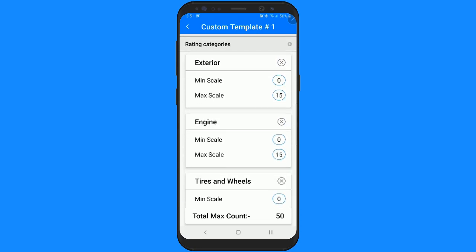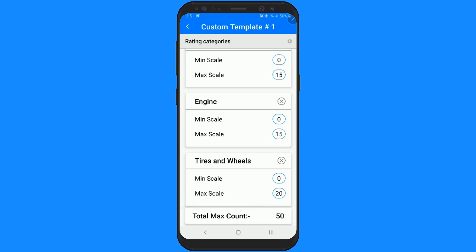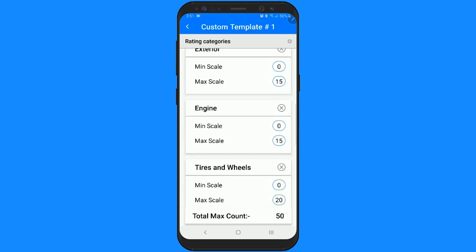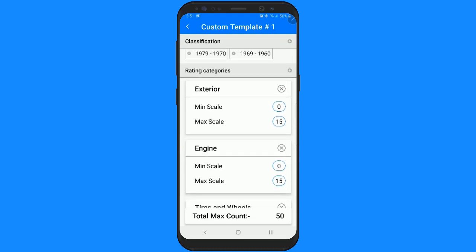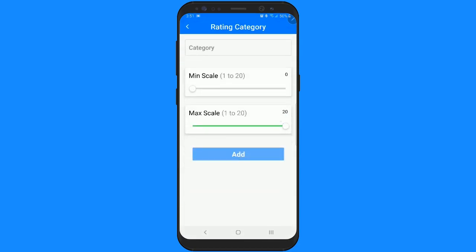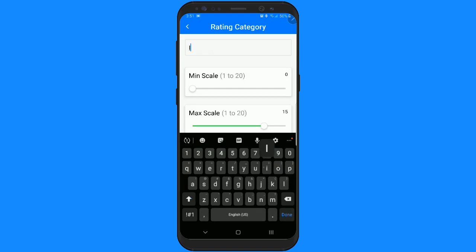So I have exterior and engine and tires and wheels. Let's go and add a couple more ratings categories too. So in this, I'm going to tap the plus icon to the right of ratings category, directly to the right, and we'll make it 15 points. And I'll do interior,